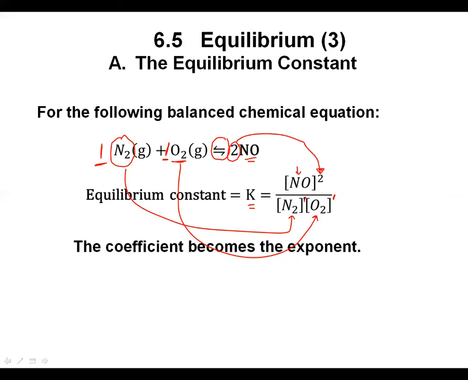We take the concentration of our products, we divide it by the concentration of our reactants. Again, we use the coefficients as the exponents, and that will give us the equilibrium constant. The equilibrium constant is a constant for a specific temperature. So the K value is constant at a specific temperature,